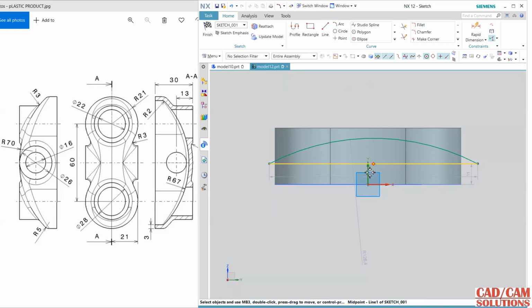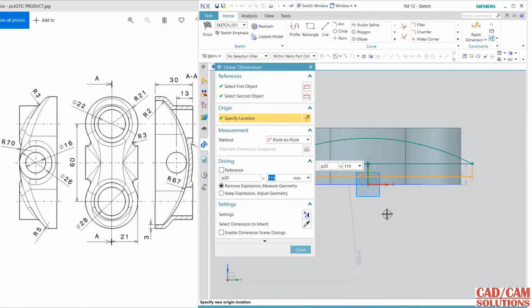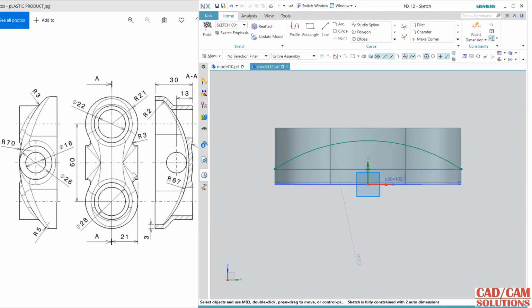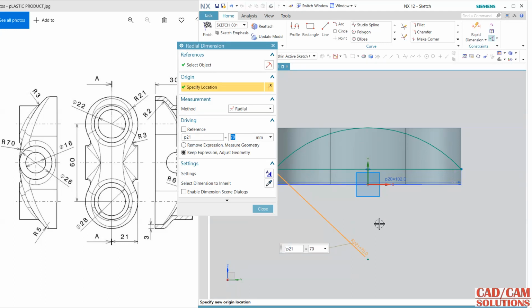Right, and click it and click this axis, make them constant, and the distance is 21 plus 21, 42 plus 60 is 102, and the radius is 70. So double click here and make it 17, right,